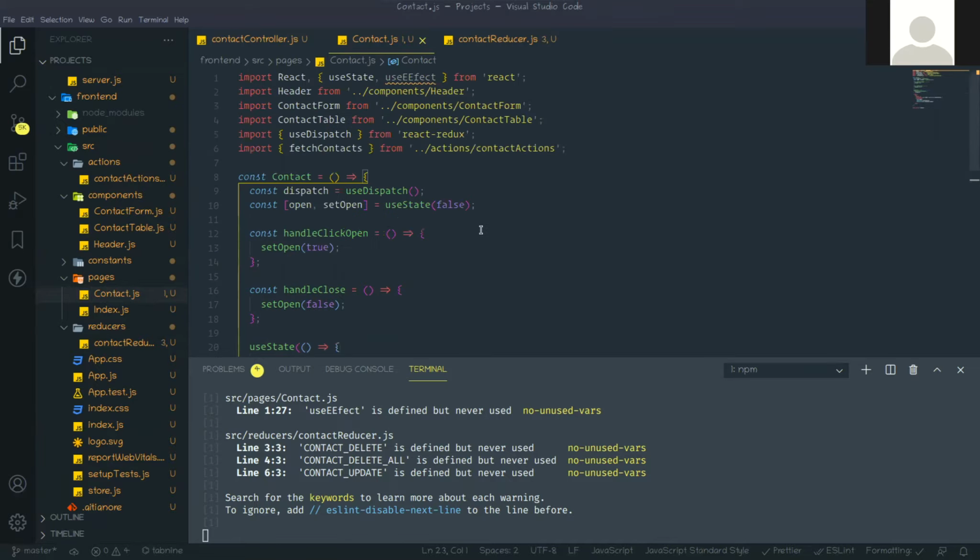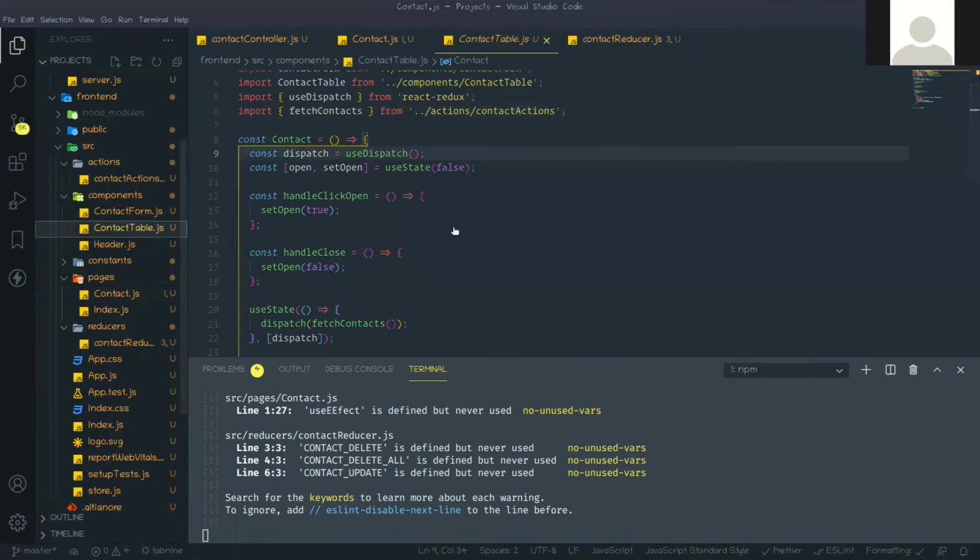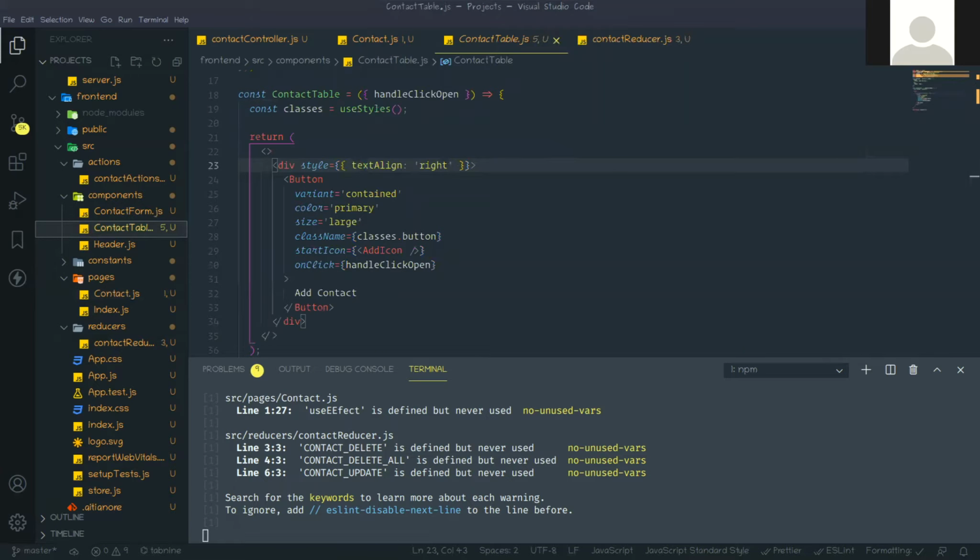Now go to the contact table. Here we need this contact state to show the contacts in this table. So here we need to call the global state via useSelector.